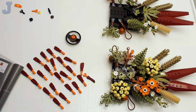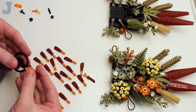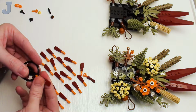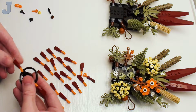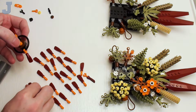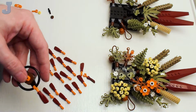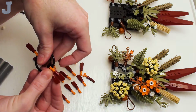And now we got to put them all on here. And it says start with the side here first. There's a little hole on the bottom of these, so I try to keep the hole at the bottom. Now you flip it over, and you got to put all those on there, and there will literally be no room, so you won't be able to miss it out. So when you put these on here,